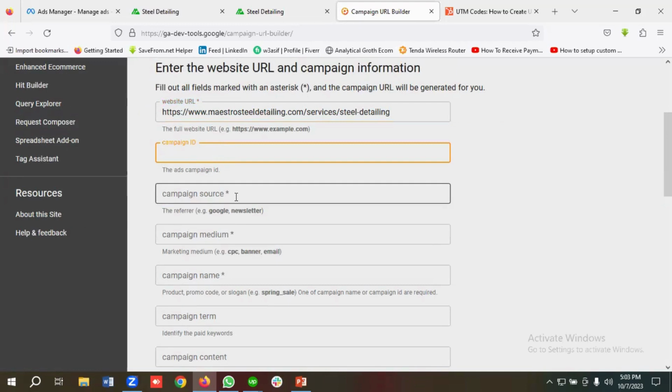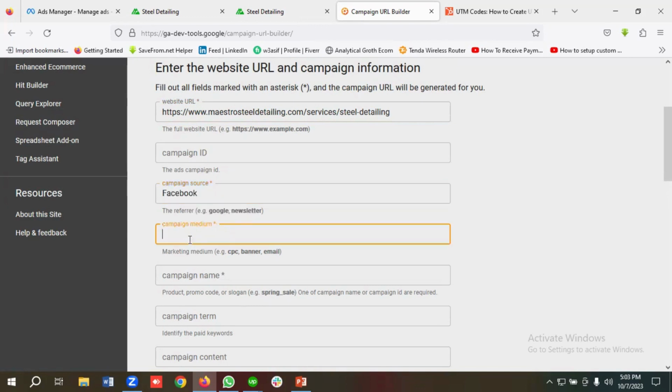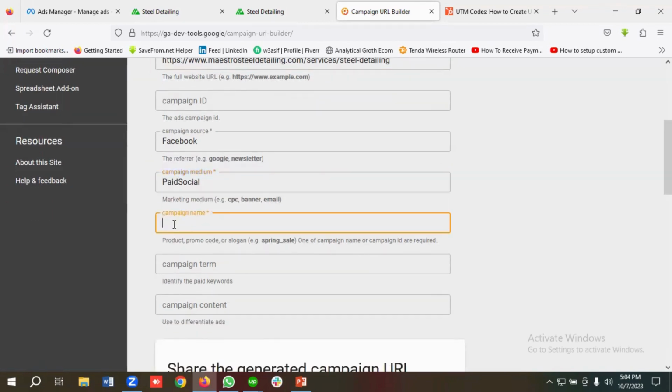I'll not give any campaign ID, and as the campaign source I'll give Facebook. As the campaign medium I'm going to give social or paid social. Then as the campaign name I'm going to give traffic